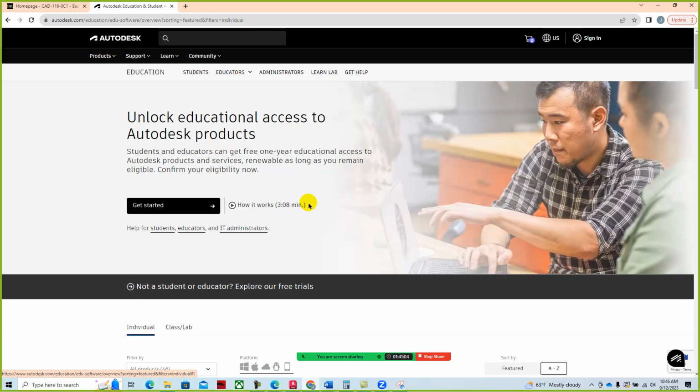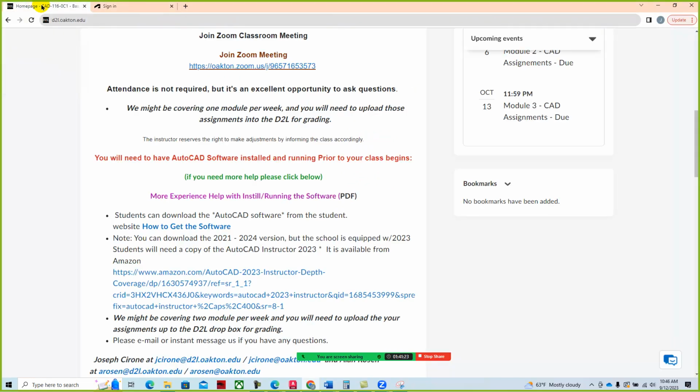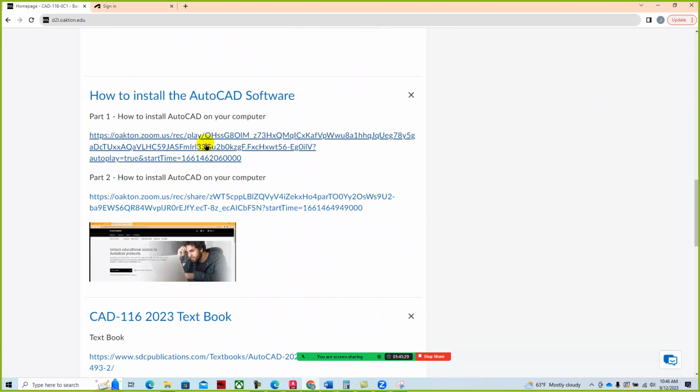Essentially, you need to create a login, and they will ask you for information about your class registration. So you'll need to create an account. I'm not going to go through this because we already have a video for you. The software link is right here, and then there's a video right here on how to install the AutoCAD software. If you click on that,